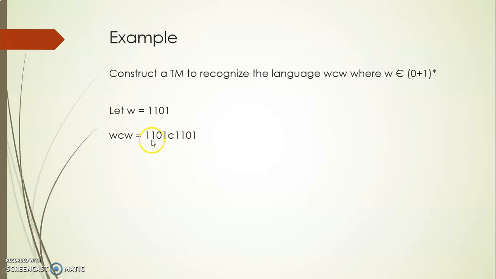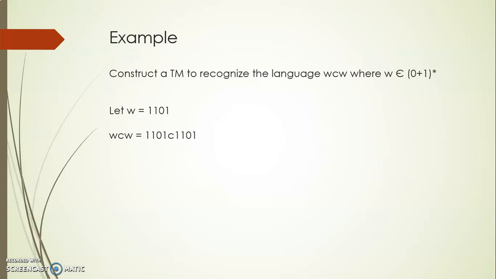So here also we will be following one thing. I can scan this and come back towards the right and check for this one. What is the problem with the existing technique, that is converting that to some other symbol and waiting for the other symbol? Here I have to remember. If I am scanning 1 here, then after the separator, the first symbol must be 1. So the machine must be capable of remembering the first symbol it has scanned, and it has to verify whether it is scanning the same symbol after the separator. Am I right? Yes, that it has to do.